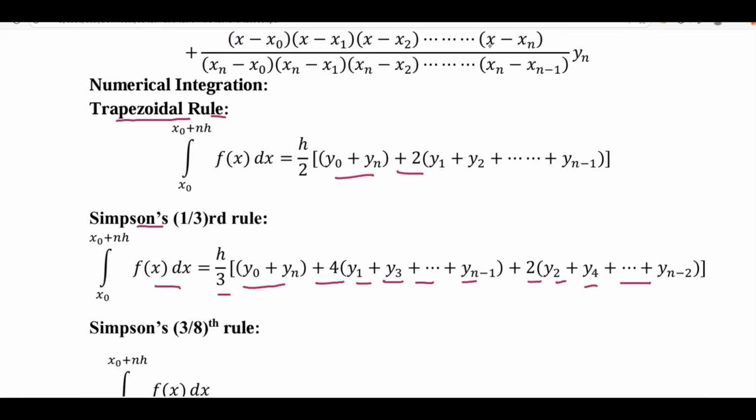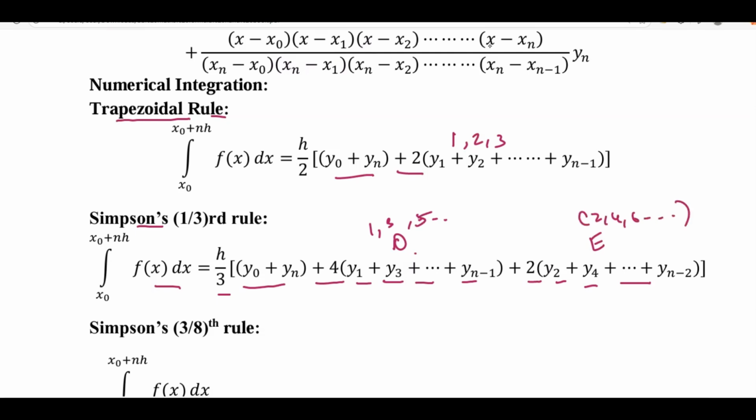Here we will be taking odd numbers, and here we will be taking even numbers: odd terms and even terms. Here it is continuous natural numbers 1, 2, 3. Here we will be taking odd terms 1, 3, and it goes on 1, 3, 5. Here we will be taking 2, 4, 6, etc.